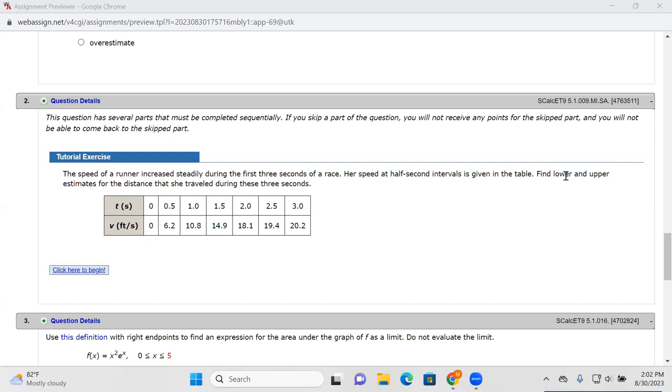So the lower estimate should necessarily underestimate the area under the function's graph, whereas the upper estimate should necessarily overestimate the area under the function's graph. So to do a lower estimate, based upon this data, because the velocities here are increasing as we go to the right, a left sum would give us our lower estimate in this case